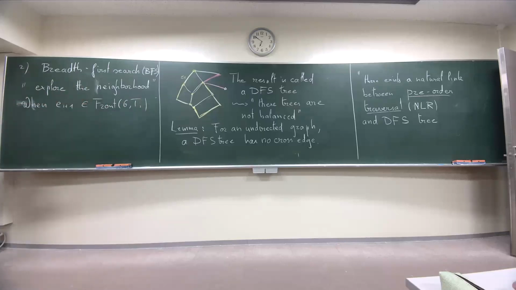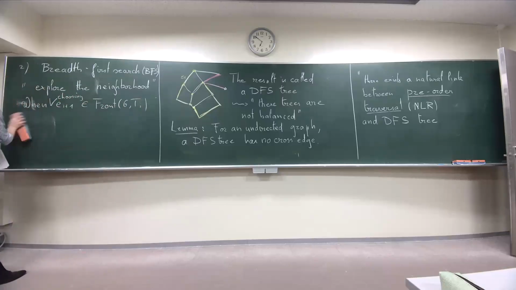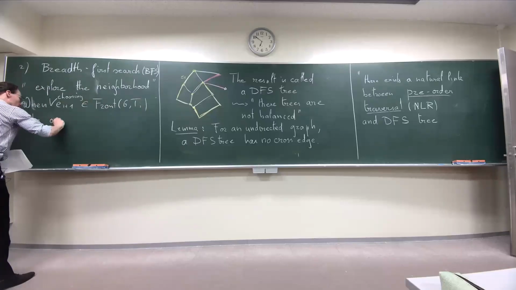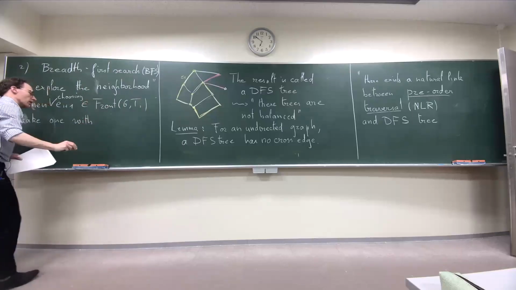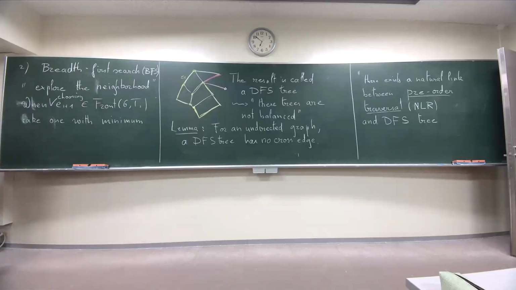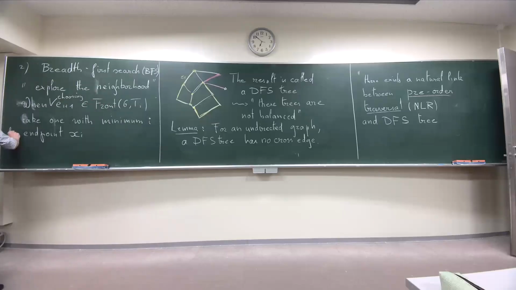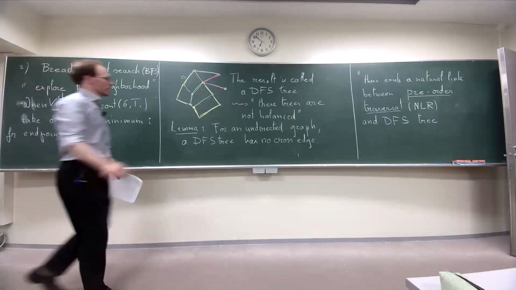just step 2 of the algorithm, when choosing, take the one with minimum endpoint x_i, or minimum i for endpoint x_i. So when you take it,